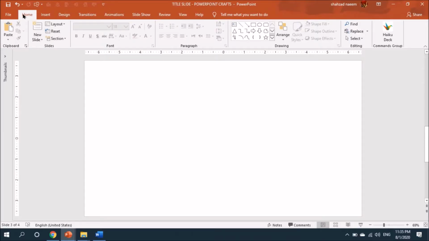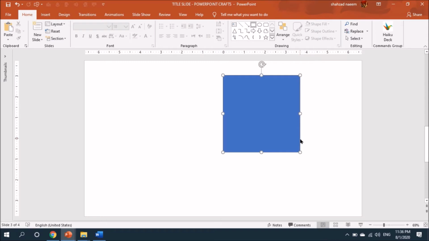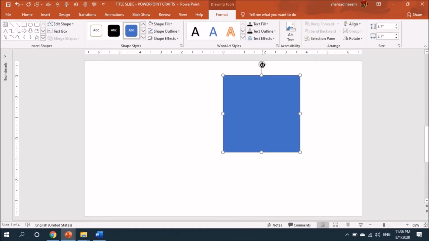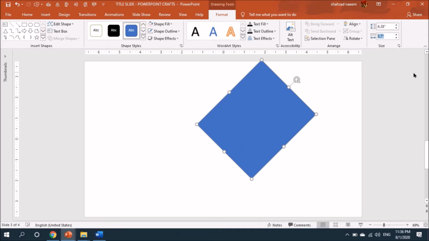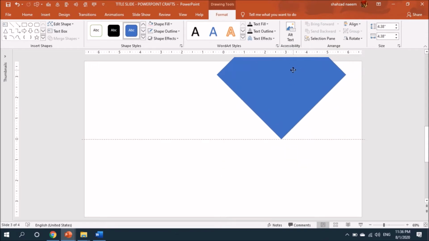The first thing, in Home I'm going to Shapes and I'm selecting this rectangle, holding down the Shift key and drawing a perfect square shape here. By this handle I will rotate it this way, holding down the Shift key. So I will just resize it to 4.38 inches, and I will place it here,